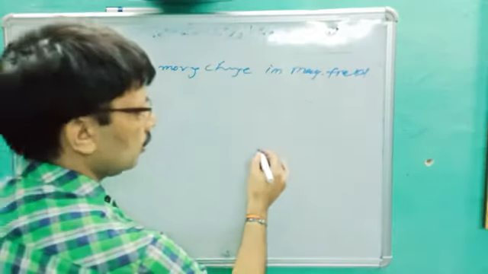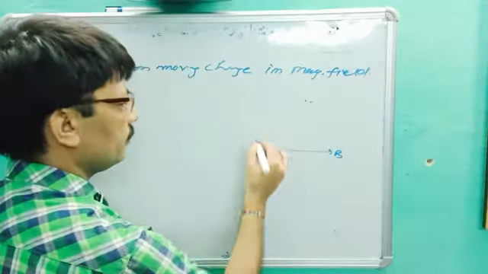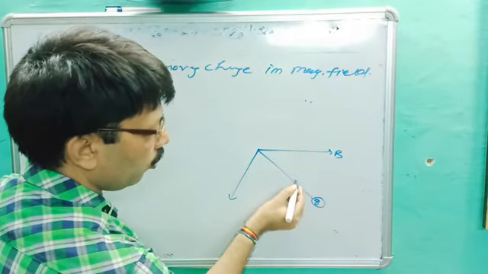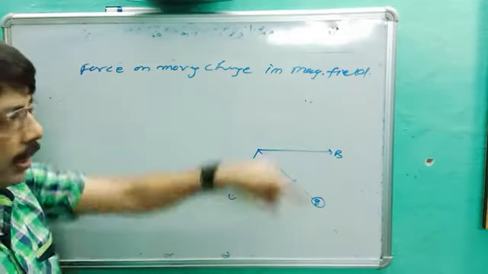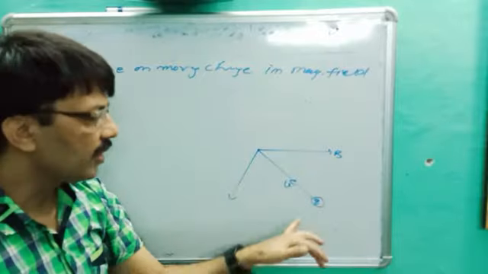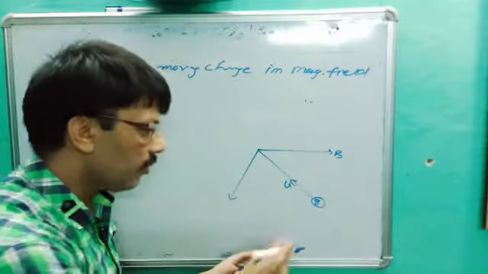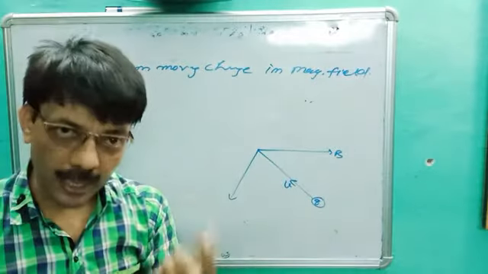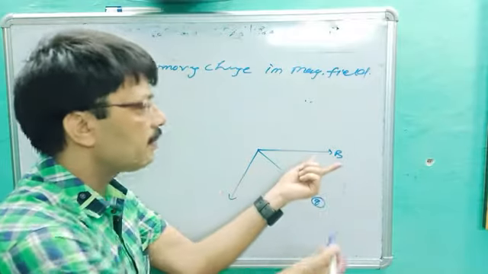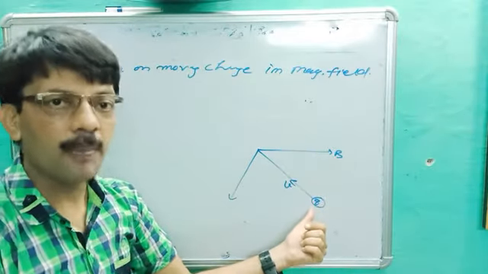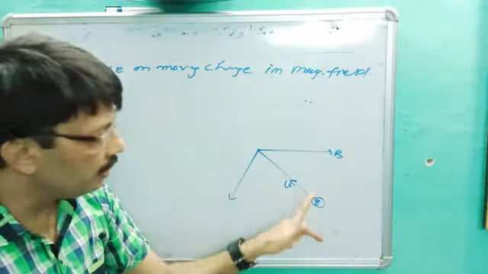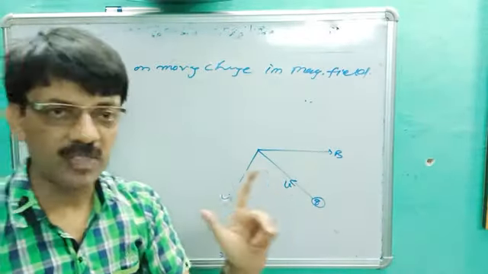So let's suppose this is a magnetic field, and any charge Q is moving with velocity V. First you see the concept. You better know that when any charged particle is in motion, it behaves as a magnet. Since it is entering a magnetic field, one magnet is already present there, and the moving charge creates a magnet itself. It means there will be two magnets, so they could attract or repel. It means it will experience a force according to Fleming's left hand rule. Are you getting the point?